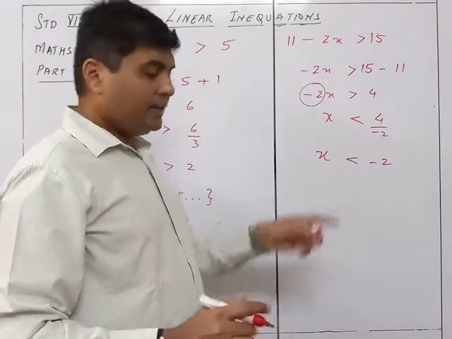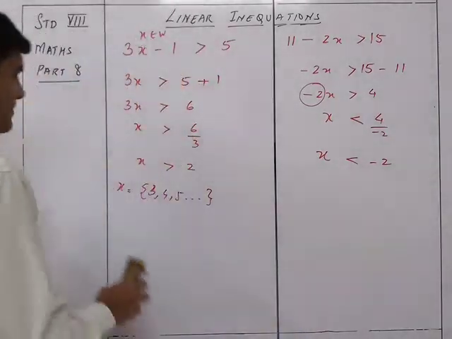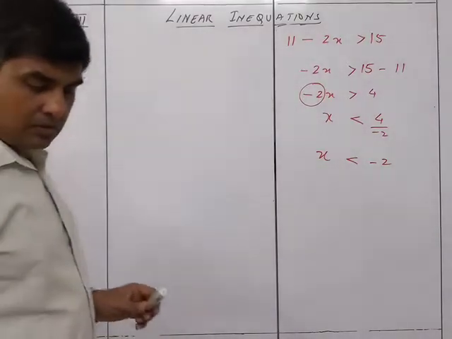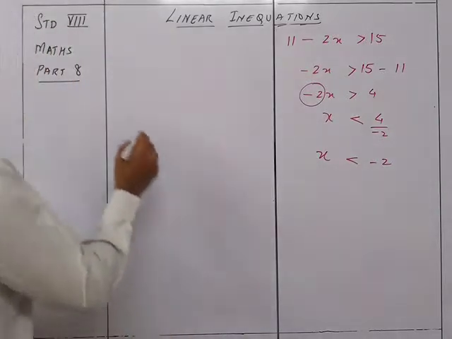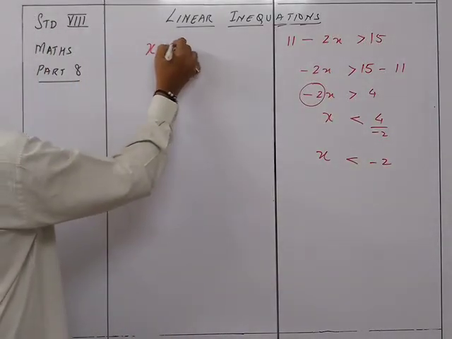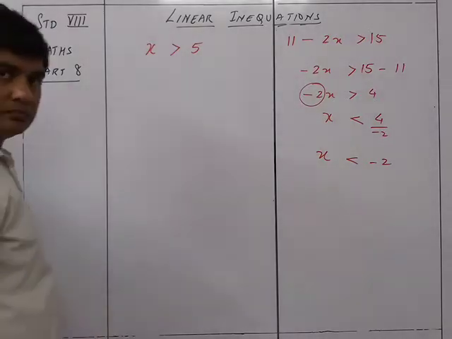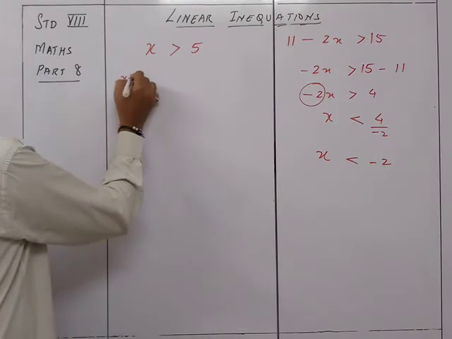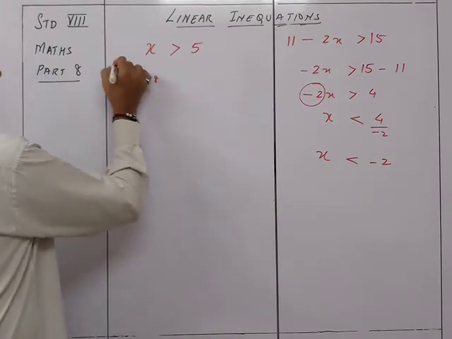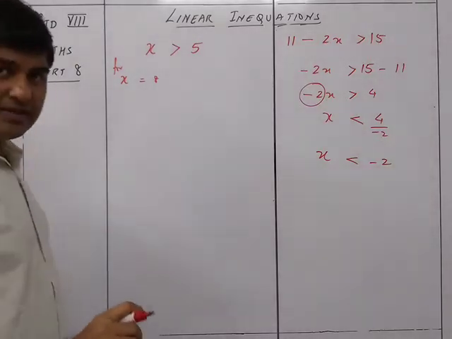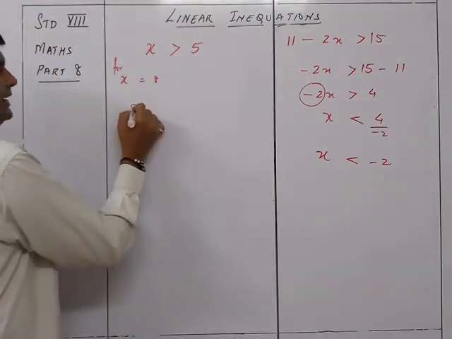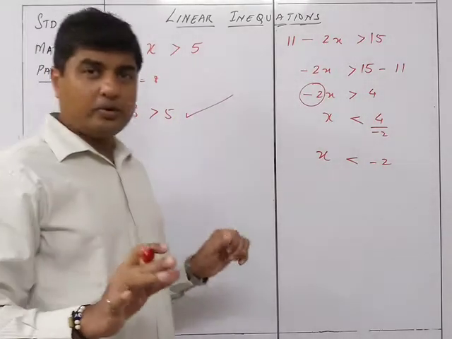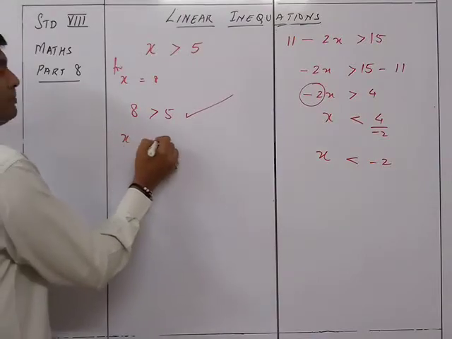Okay. Now why do we do this thing? Let's take an example over here to understand why we need to do such changes. For example, if I have written that x is greater than 5 and I come to know that the value of x is equal to 8. Suppose the value of x is equal to 8, then what will happen? Right, it's very simple. 8 is greater than 5. Is it true? Yeah, it is very much true. It's absolutely true, no problem at all. But what will happen if x is equal to minus 8?